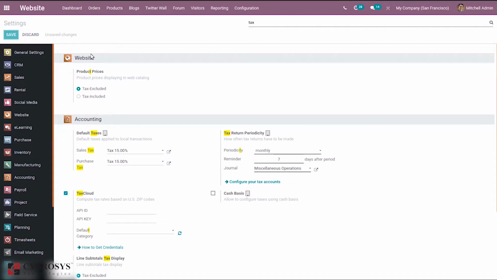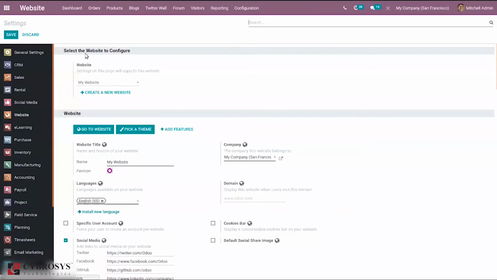After saving the settings, let's make a purchase from the e-commerce shop, that is, the customer makes a purchase from the e-commerce shop. Let's see what happens. First let me open the products and show you something.